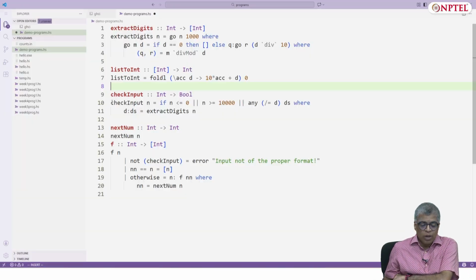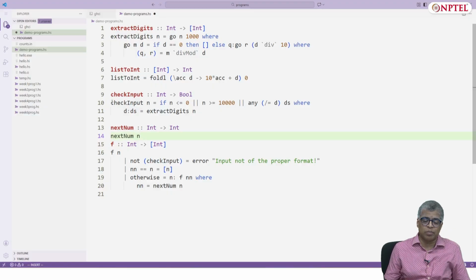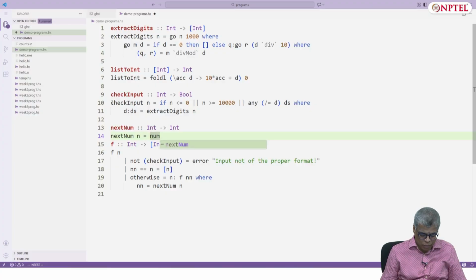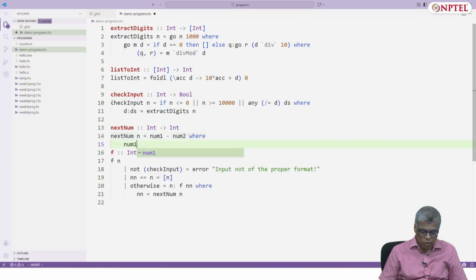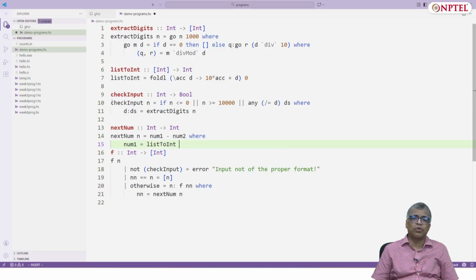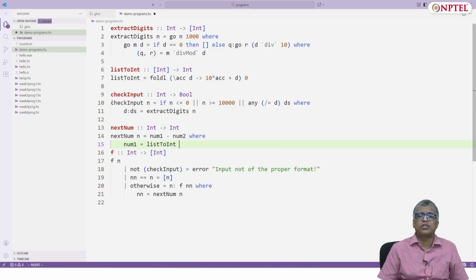So this is done. Now what is next num? Now we have all the ingredients in place. So next num is actually num1 minus num2, where num1 is list to int of, now you need to sort the list by descending order.